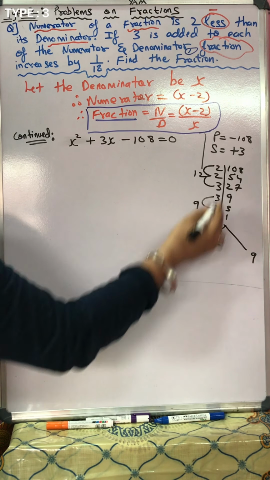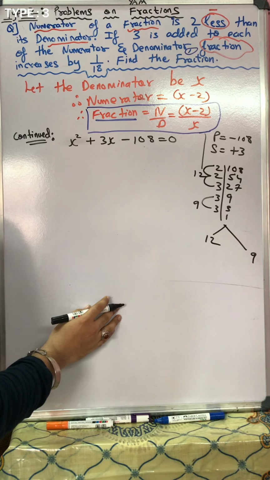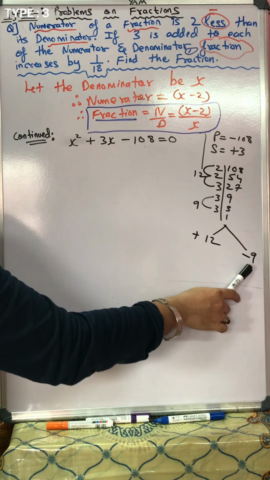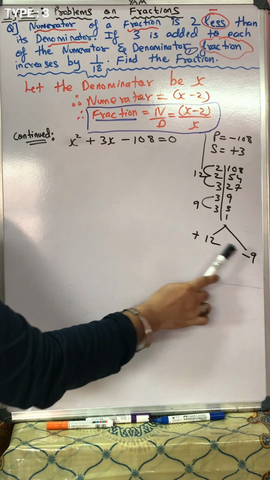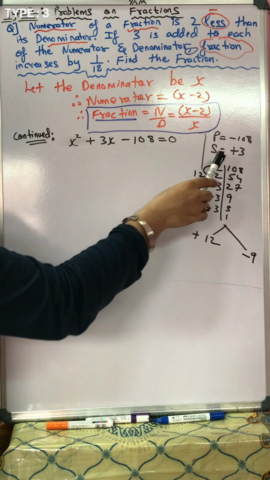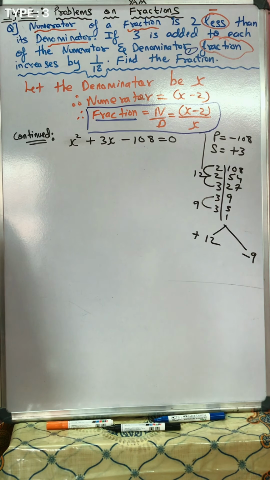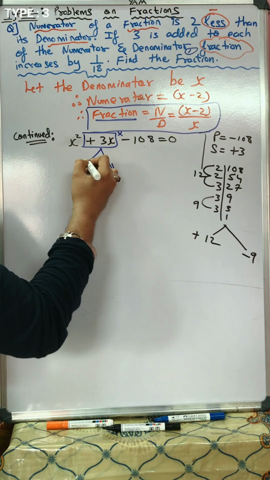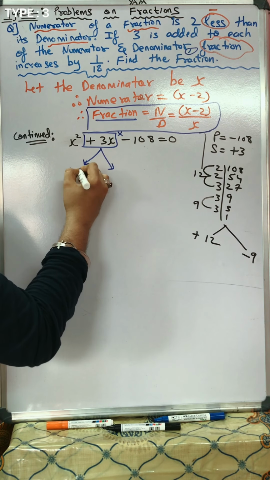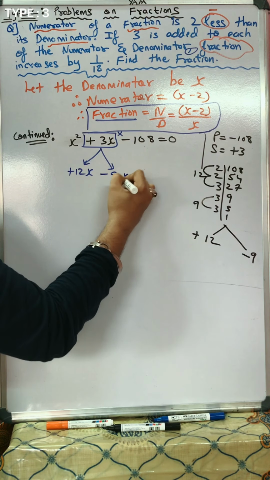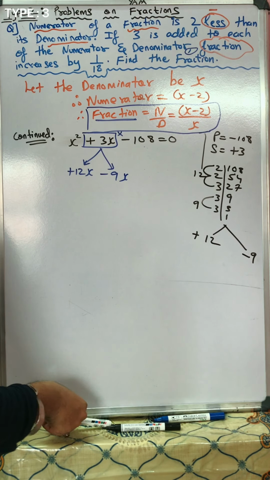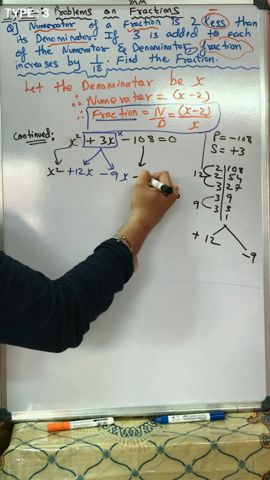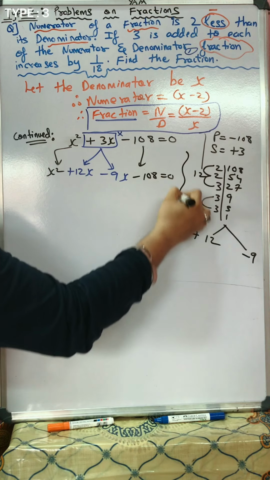I want minus 108, multiplication should be minus 108. So if I say this is plus and this is minus, plus 12 multiplied by minus 9 gives me minus 108, and plus 12 and minus 9, when summed up, we get plus 3. So students, I will not copy my middle term because we are splitting the middle term. At the place of this I'll write plus 12x and minus 9x. Remaining all I'll copy as it is. Over here x square and over here minus 108 is equal to 0.